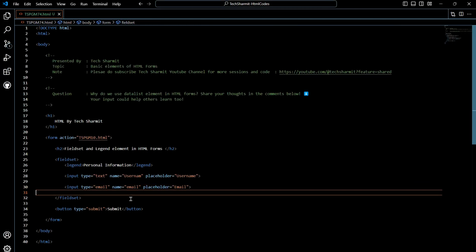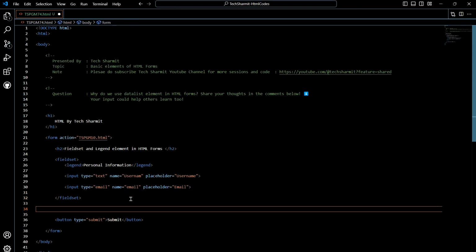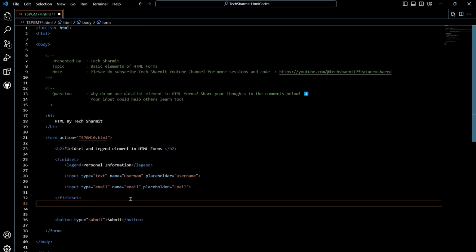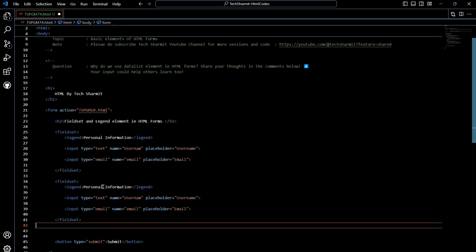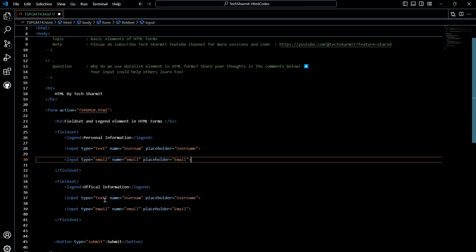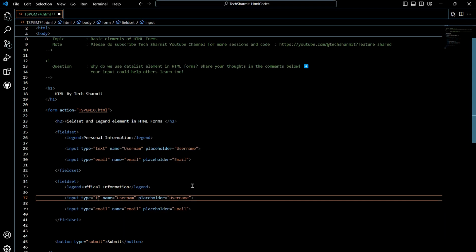Likewise, if you want to create another field set for other correlated fields, then you can simply copy it. Let me copy it here so that I can save the time. And here we can write, for example, official information. Okay, we just marked it as official information. And in fields also we can change it a bit. Let's add it as number type. Here we can write office ID. Okay, office ID, and here we will write office ID,